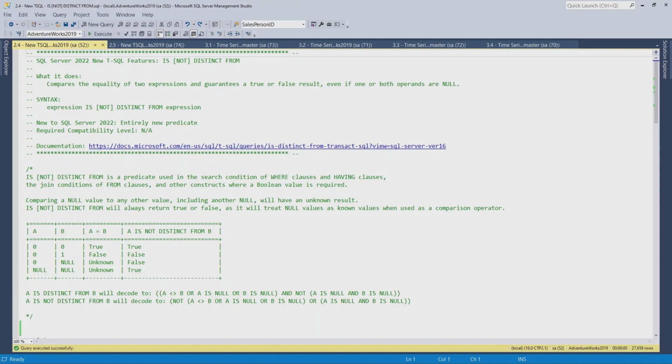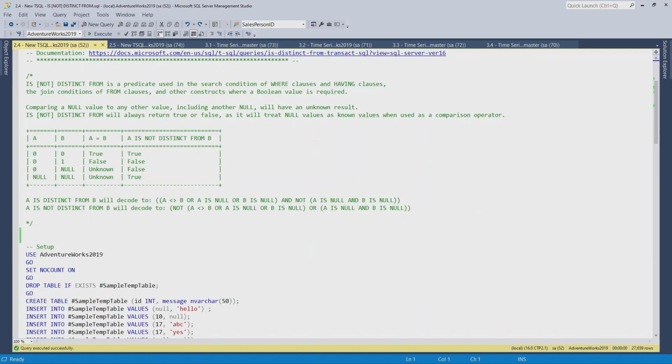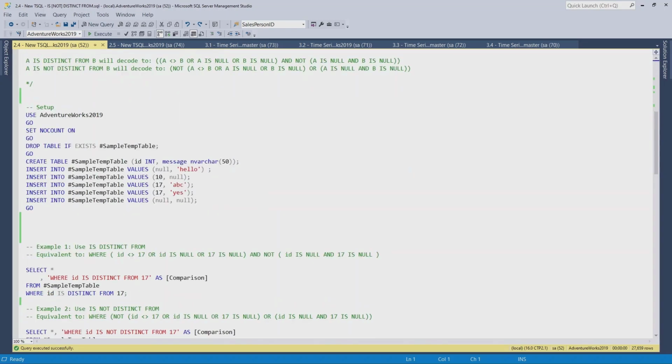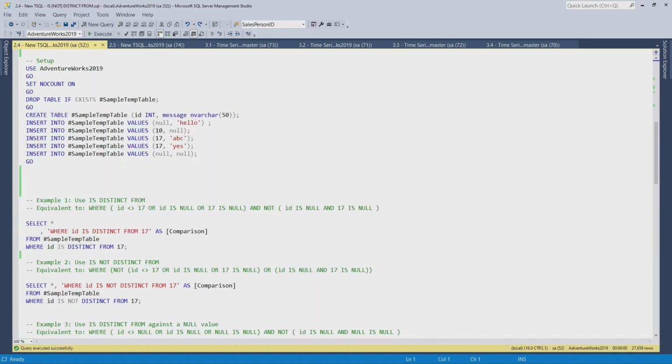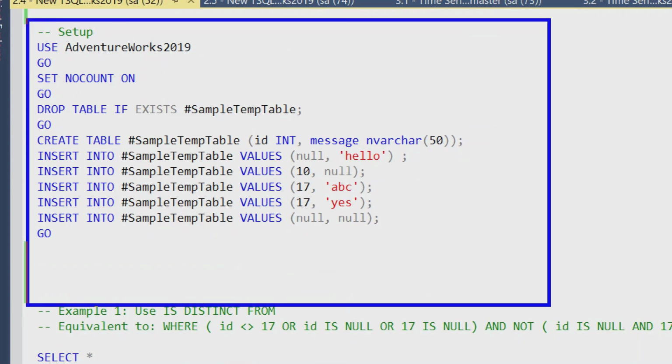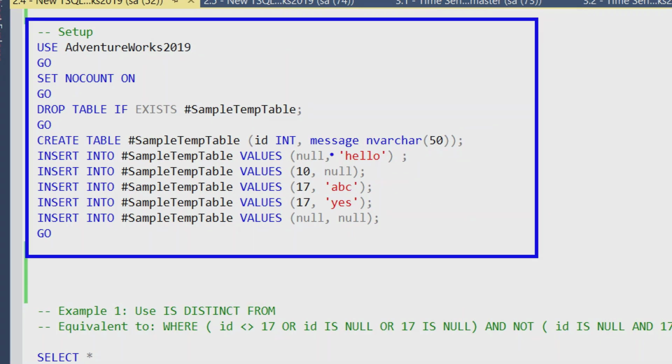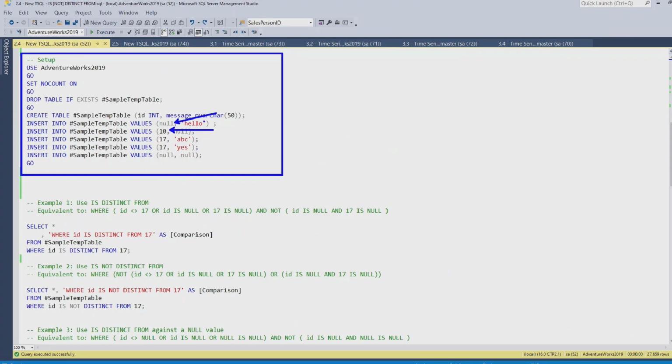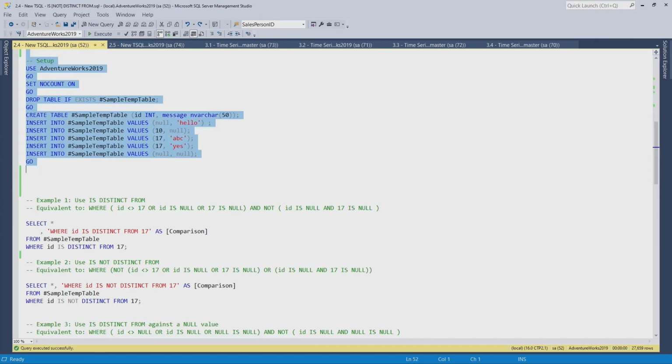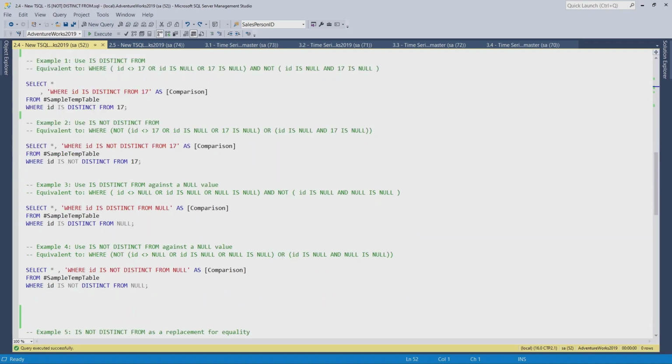The distinct predicate can be used in the search condition of where and having clauses, in the join condition of from clauses, and other constructs where a Boolean value is required. To illustrate this, I'll create a simple table with an ID column and will populate this ID column with some null values and some non-null values. And then we'll use is distinct from and is not distinct from to search for both null values and non-null